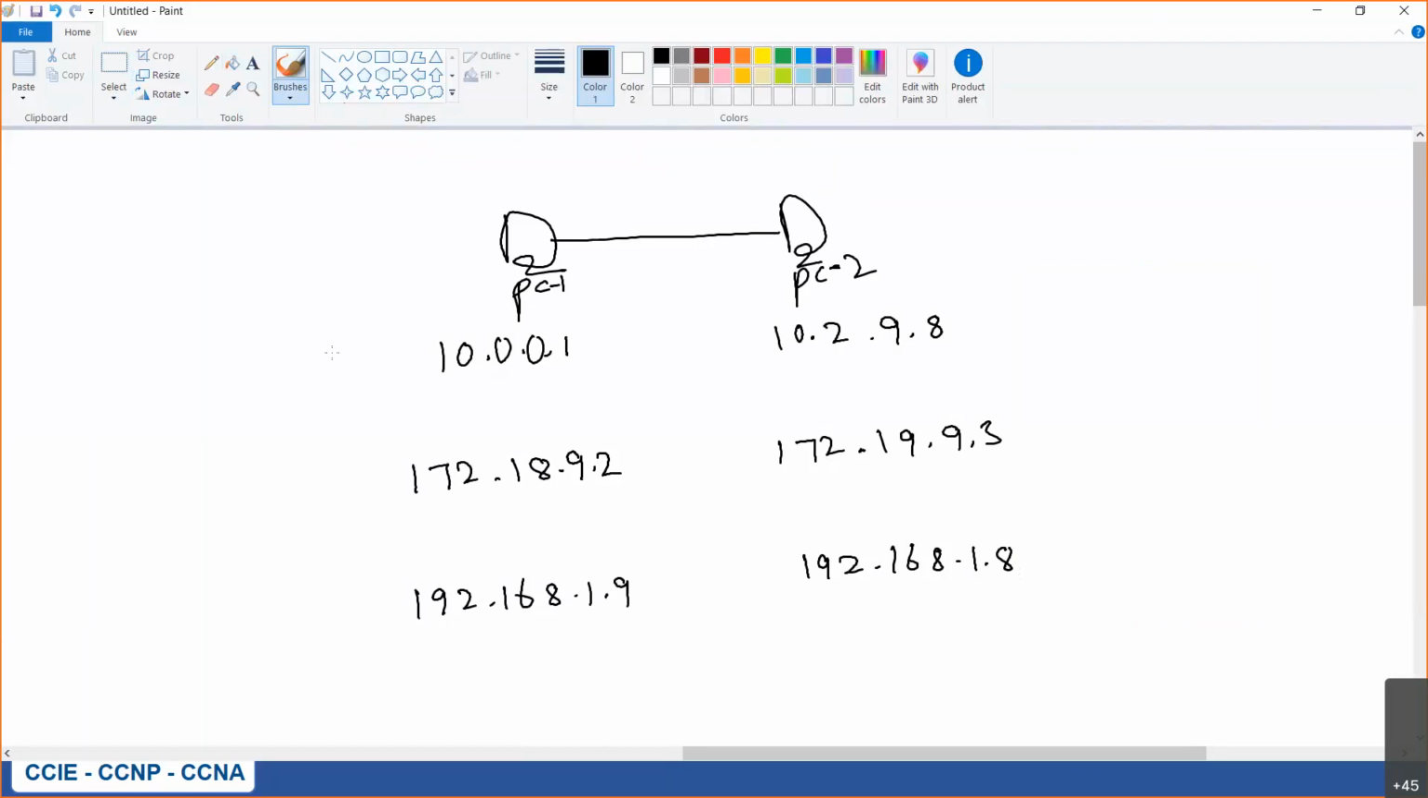For example, it's a class A, right? It's also a class A IP address. So for a class A address, the first octet is what? Network portion. Second octet, host. Third octet, fourth octet, host. Again PC2: first octet is network, then host, host, host. Okay, listen carefully. This general example I'm telling is that